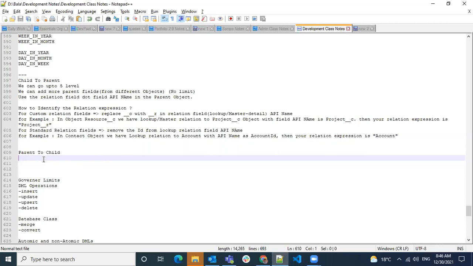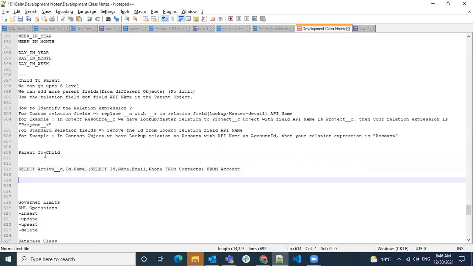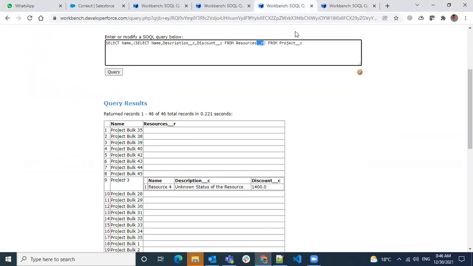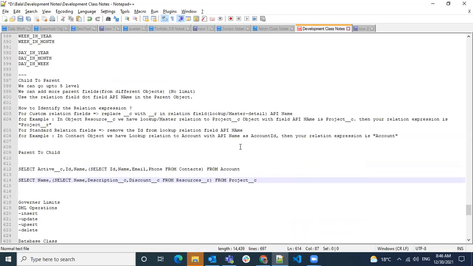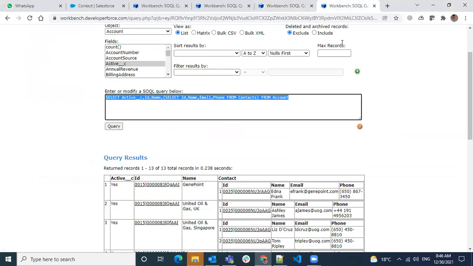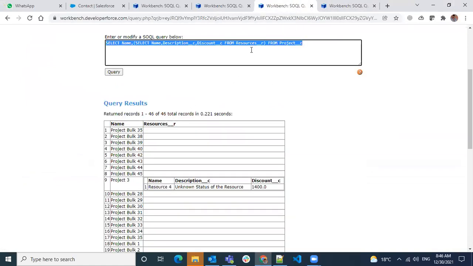How can we access those? I'm giving some examples over here for you to refer. Similarly, we can go up one level, and similarly here, if you have more children, you can add the queries to it. So it's not like you have only one level, so we can add only one.